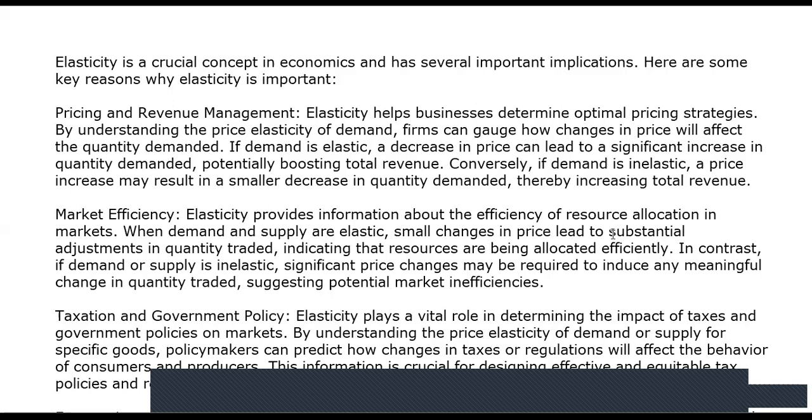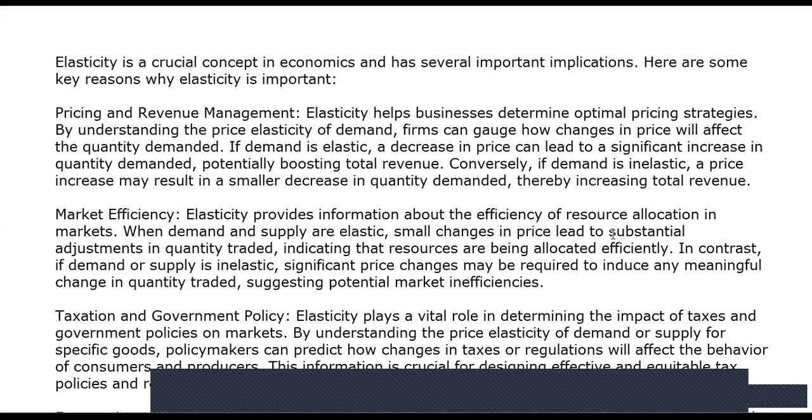Elasticity is also important for market efficiency because it provides information about the efficiency of resource allocation. So when demand and supply are elastic, it means that very small price changes will lead to substantial adjustments in the quantity traded, thereby indicating that resources are being allocated efficiently. In contrast, if the demand and supply are inelastic, it simply means that significant price changes in any variable, especially price, will